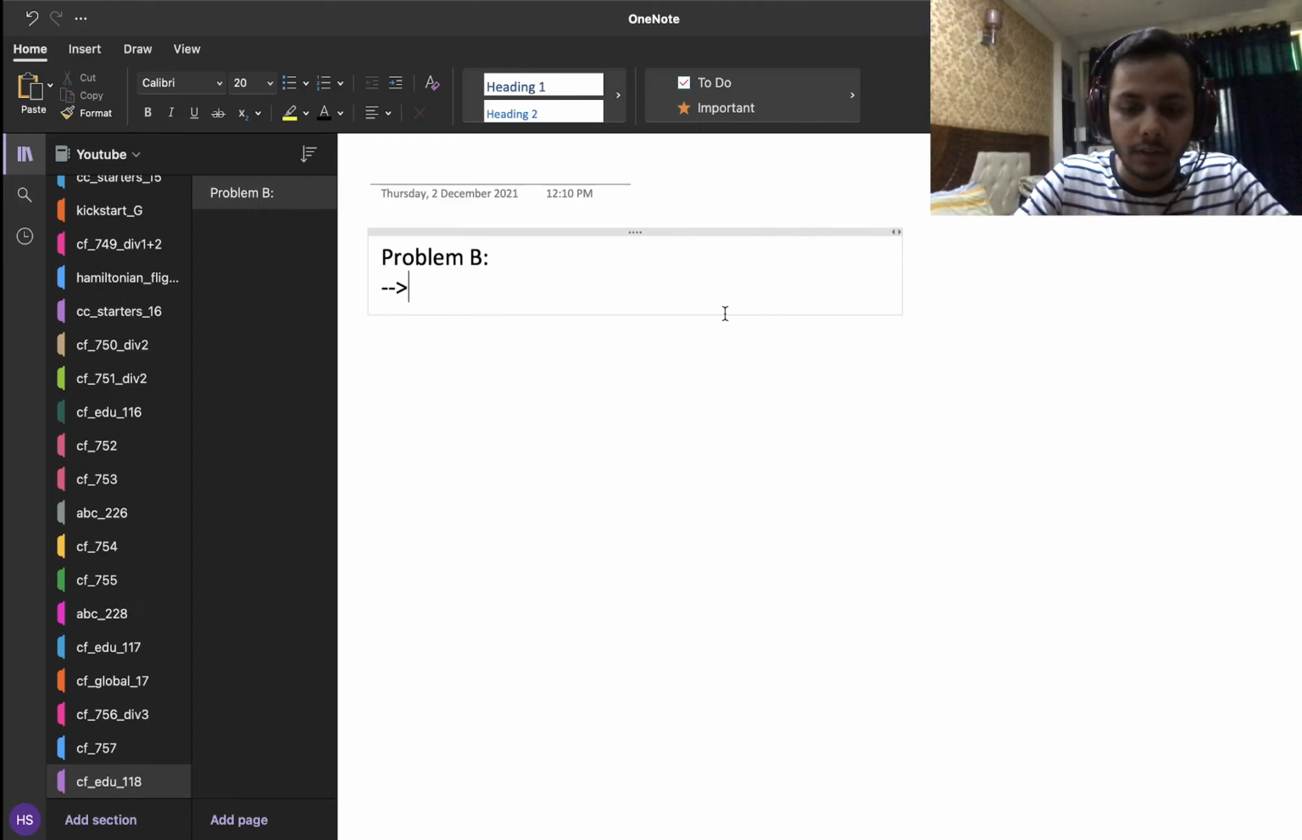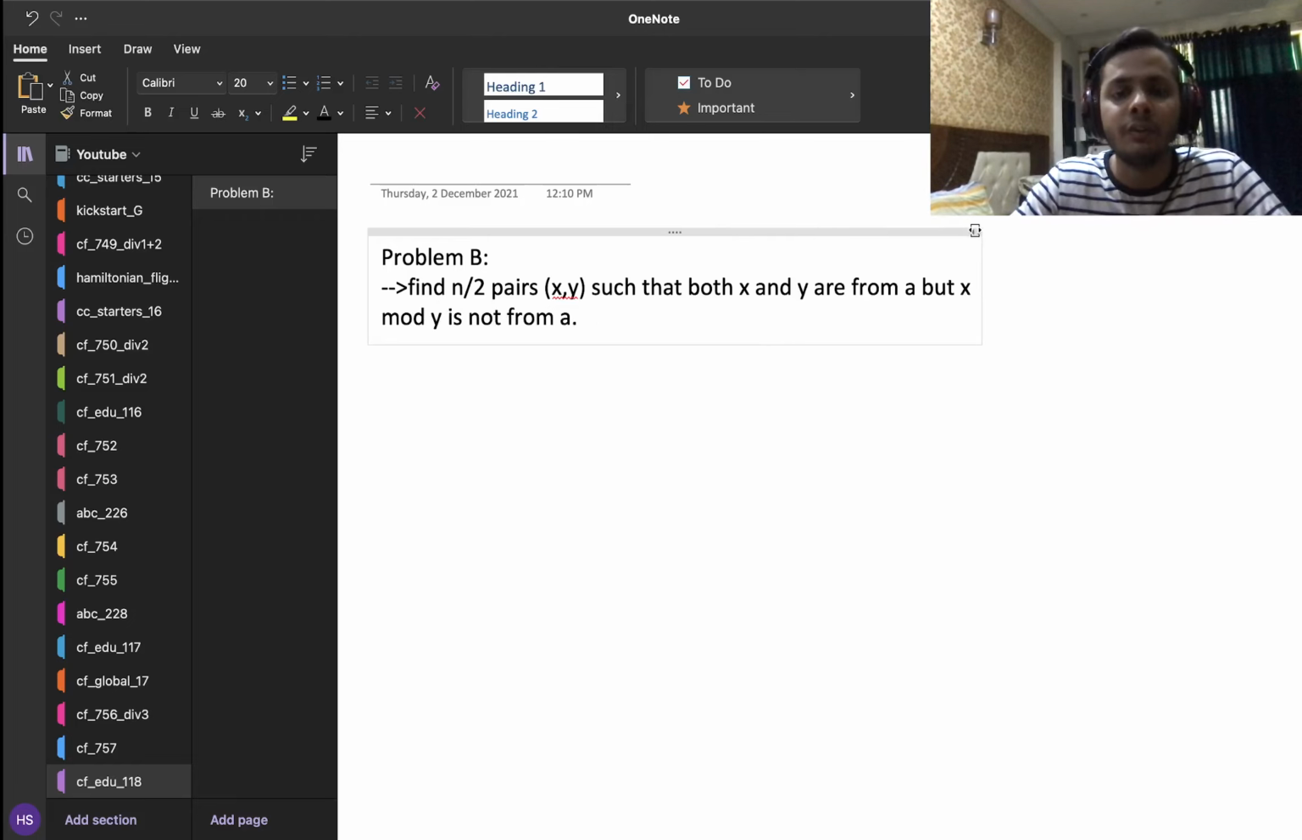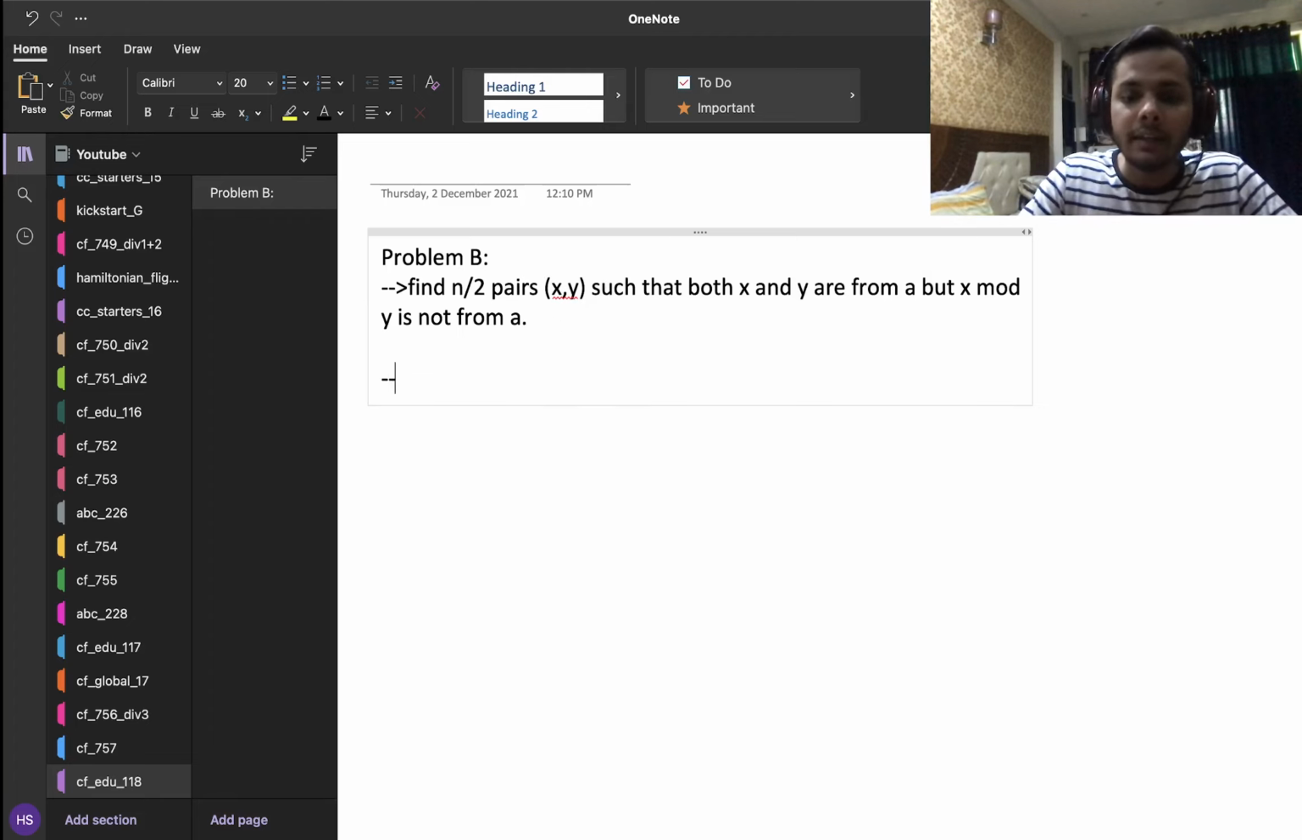So we need to find n by 2 pairs of the form x comma y such that both x and y are from A, but x mod y is not from A. That's the only condition that we need to satisfy. Obviously, x cannot be equal to y, that is also one condition, and since all the numbers are pairwise distinct, it basically means we need to select two indices such that ai and aj, such that ai mod aj is not in the sequence A. That's what we want. And the main observation here is that